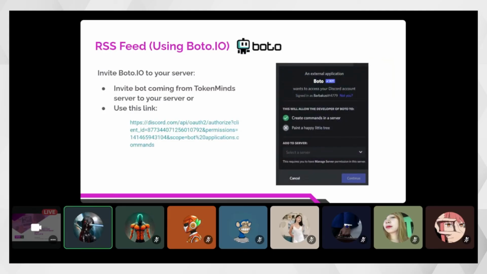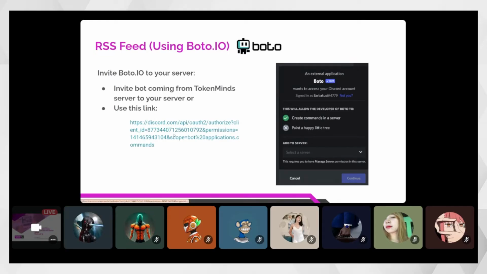If you're seeing the RSS feed in our NFT news, crypto news and blockchain news channels here on the Token Minds server, you will see this RSS feed bot. So how to do this? If you're already here, you can easily click on the Boto bot coming from the Token Minds server and then just invite it to your server.